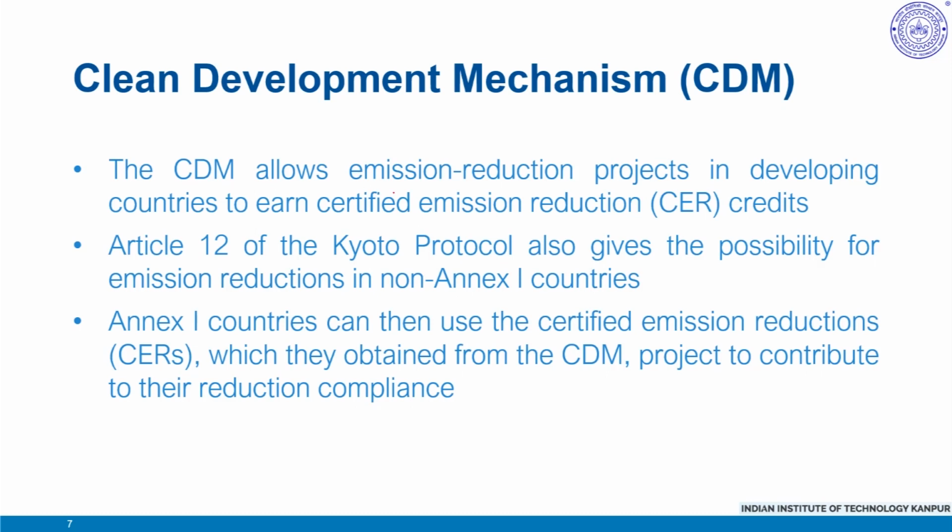It allows for emission reduction projects in developing countries to earn certified emission reductions or CER credits, each equivalent to 1 ton of CO2. These CERs can then be traded, sold, and used by industrialized countries to meet a part of their emission reduction targets under Kyoto Protocol. The mechanism stipulates sustainable development and emission reductions while giving industrialized countries some flexibility in how they meet their emission